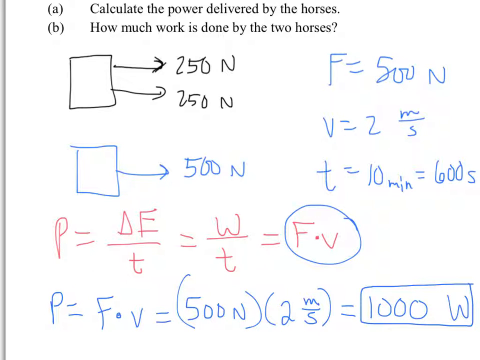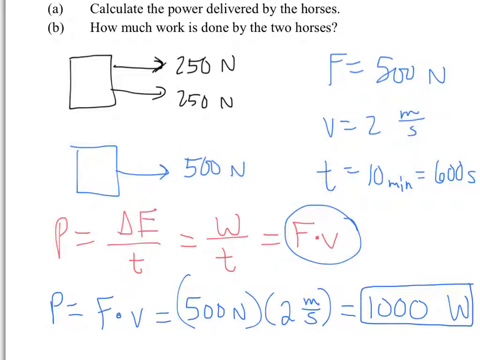Now, before I go to part B, let's go back to that conversion a minute ago. We said that the equivalent of 1 horsepower was around 746 watts. So 2 horsepower would be like 1,500 watts. So are these horses working to their full potential? They're clearly not. And that's what we can see by the velocity really as well. Had they been running a little bit faster, velocity would be higher, and this number would be higher. So it really depends on the scenario we're looking at. So 1,000 watts of power are delivered by the 2 horses.